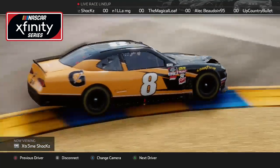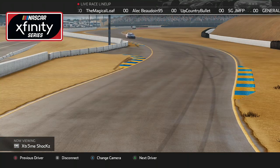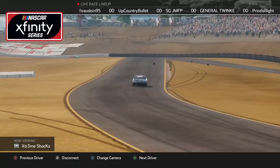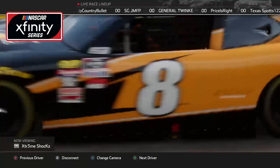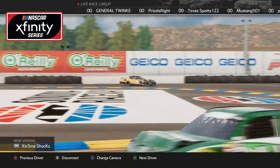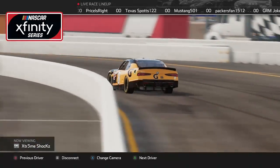Taking a look at Extreme Shocks here, number 8, not quite sure what position he's in, but he's been running a smooth line around the track. His car is just not that fast, it seems, nowhere near what our leaders are, but he is definitely a car to look out for when coming into the pits and stuff like that. Strategy is a huge key here, and, ooh, as soon as I open my mouth, commentator curse again. Oh man, as soon as I said he was having a good run,